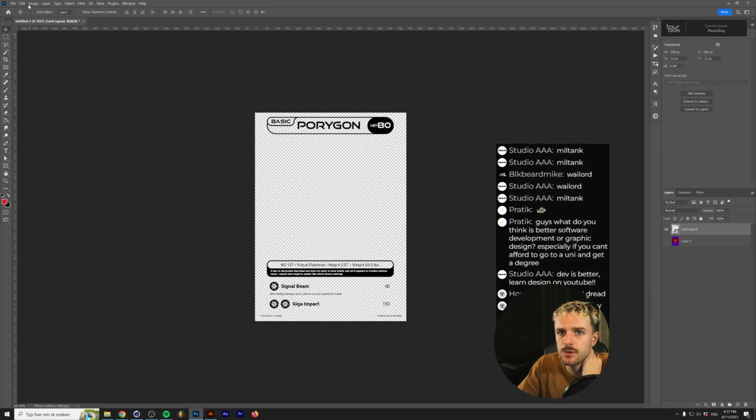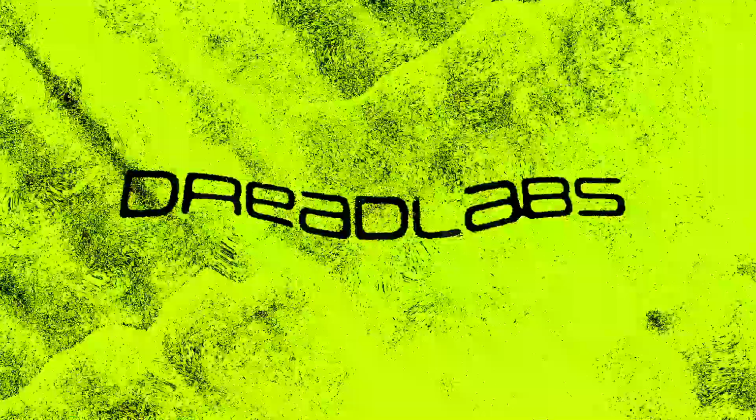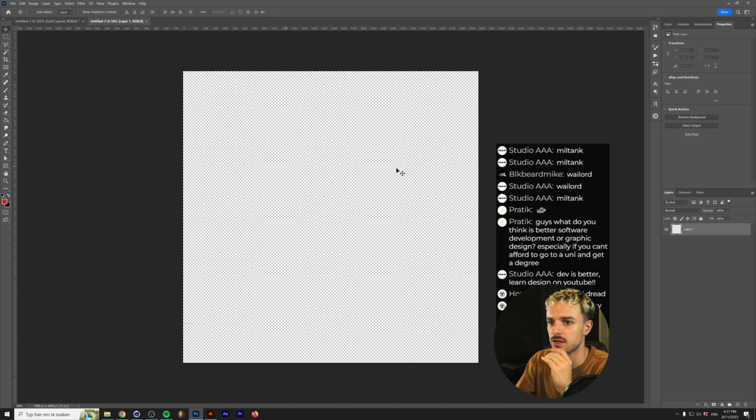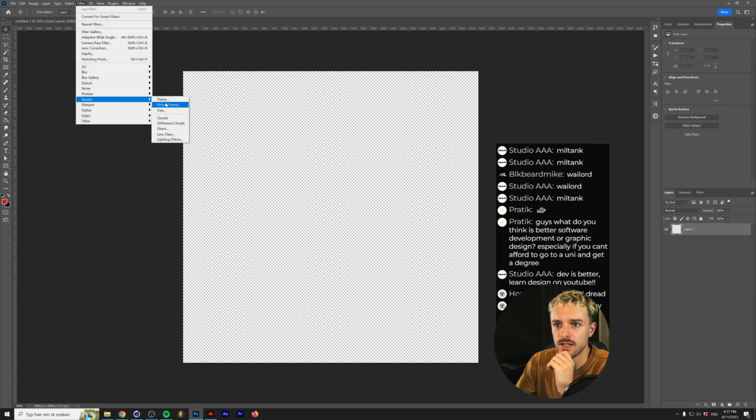So let's go into Photoshop and basically make a nice, really abstract texture that goes over the whole card and then just goes into the cube. Dreadlabs. So I'm just gonna make a nice, really big background here, and I'm gonna start out with a clouds render,